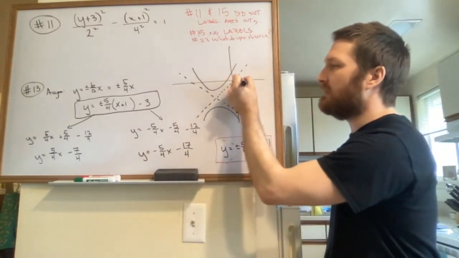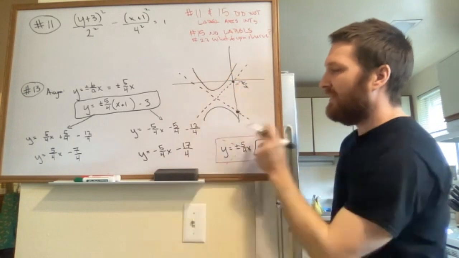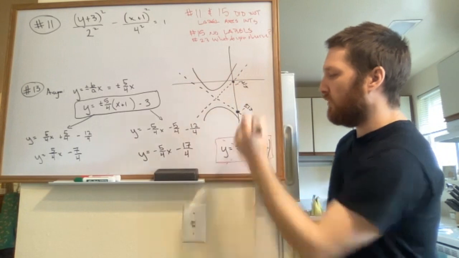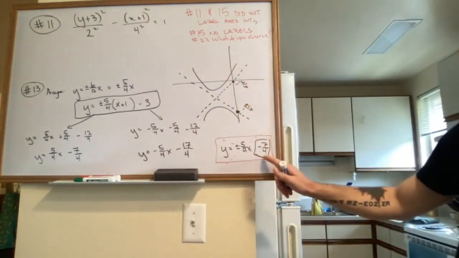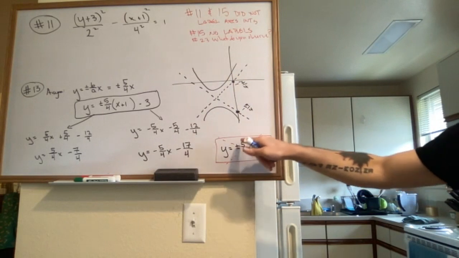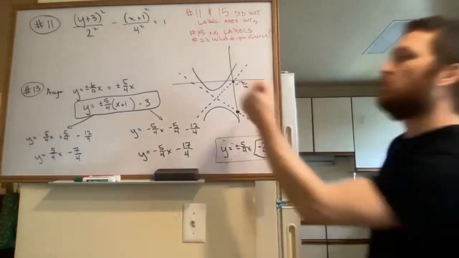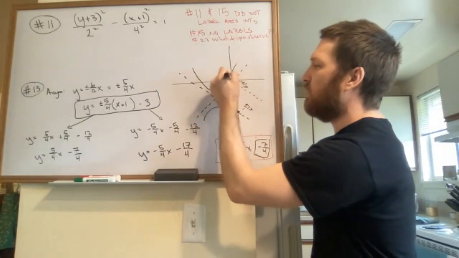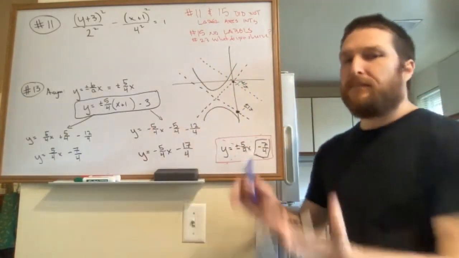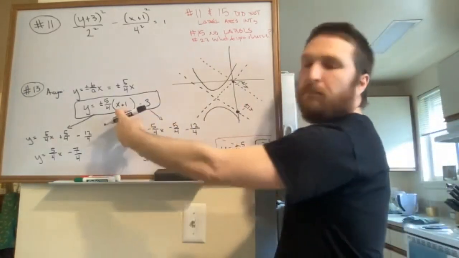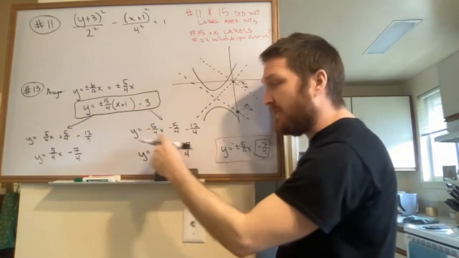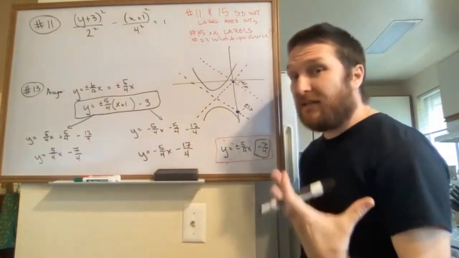One of them is -7 quarters. The other one is -17 quarters. And so if my answer were this, we'd say, well, wait a second, no. Plus or minus 5 quarters x minus 7 quarters would both go through -7 quarters like this. And so again, this is perfectly fine and we could keep it like that. But if you want to take that extra step and do this here, it actually helps you out, because then